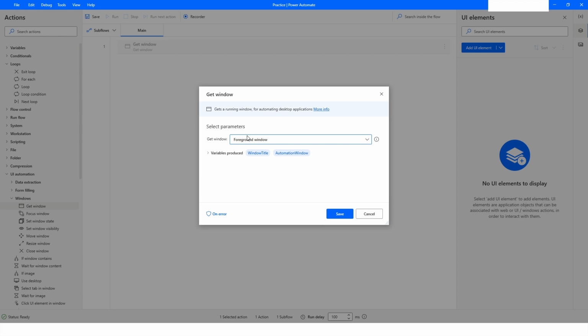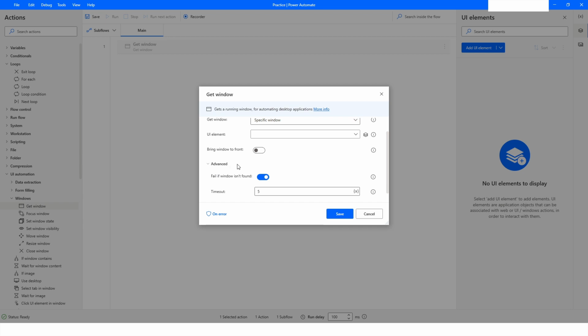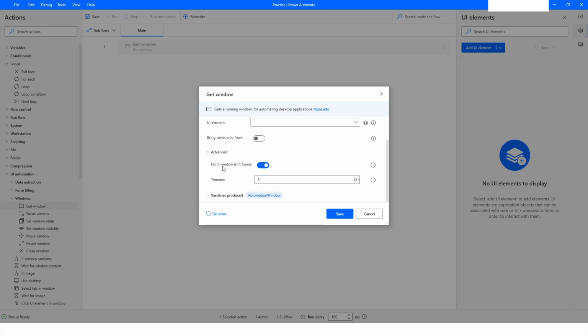And if you use a specific window, then you have to capture the UI element. You have to click on add UI element and select that window, right? And then there is an option to bring window to the front, so you can enable it. And then in the advanced section, it gives you an option to choose what if that